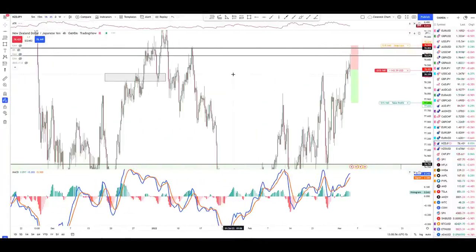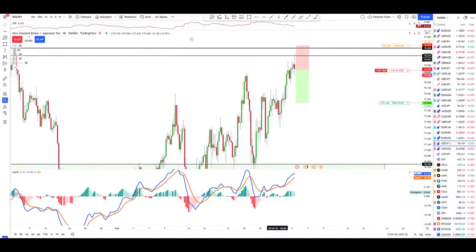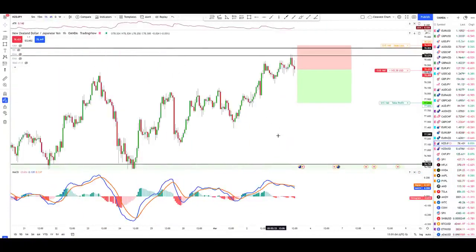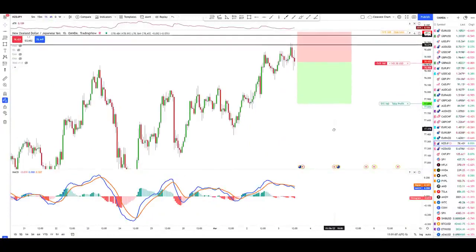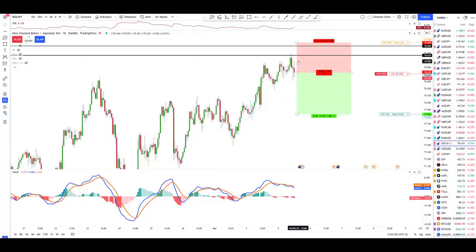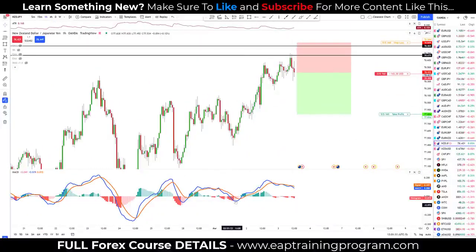So on the 4-hour chart, you can see that this area is an area that's acted as resistance multiple times. So if I have price coming up to an area like that on a higher time frame, and price is coming up to that area on my lower time frame with divergence on the MACD, then that's giving me a really clear indication that the likely scenario is price is going to head lower and reverse. So with that being the case, let's go ahead and discuss a little bit about this divergence we have